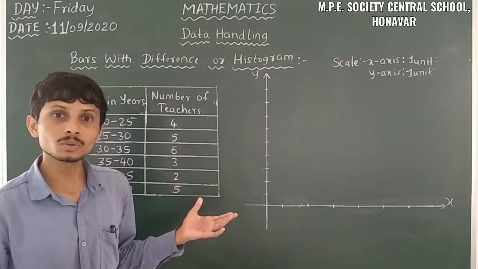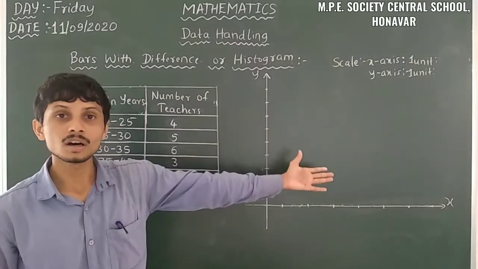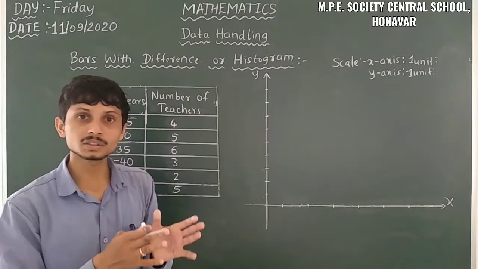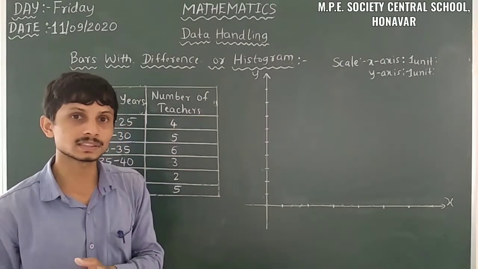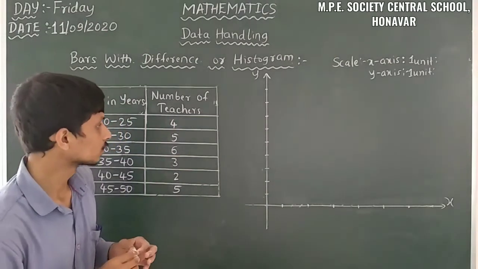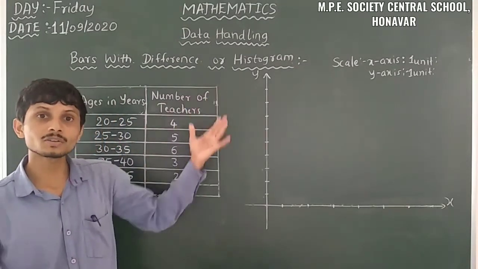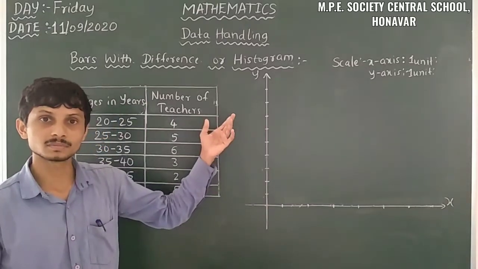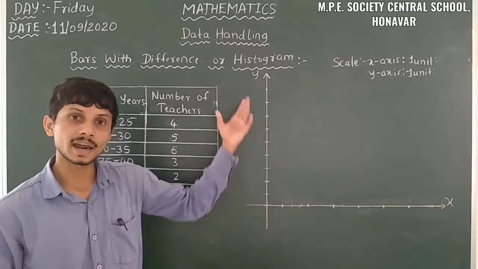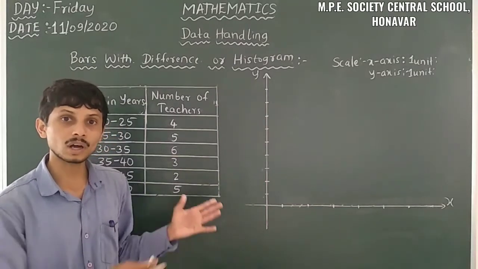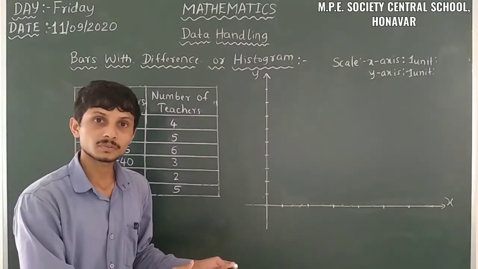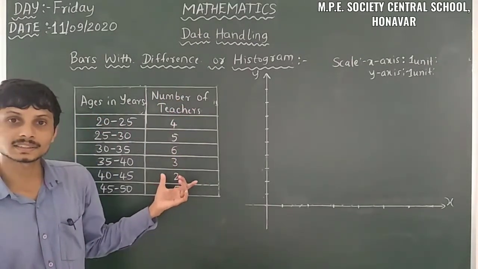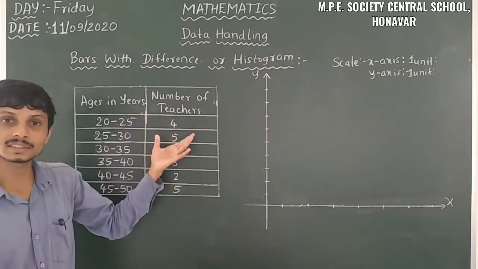So what I have to do is simply draw a graph, a histogram form of graphical representation. Firstly we have to draw the x axis and y axis, and after that we have to assign labels for the x axis and y axis. So here we take the x axis, and here the y axis.